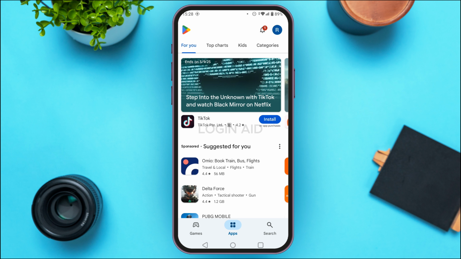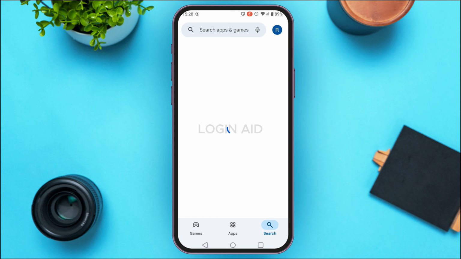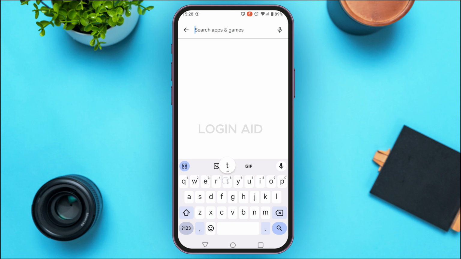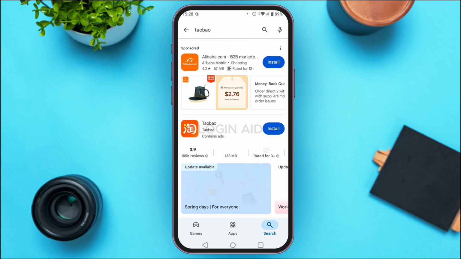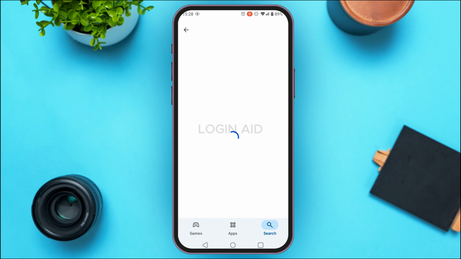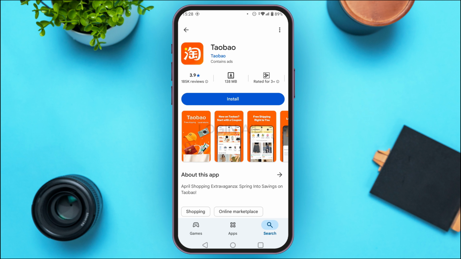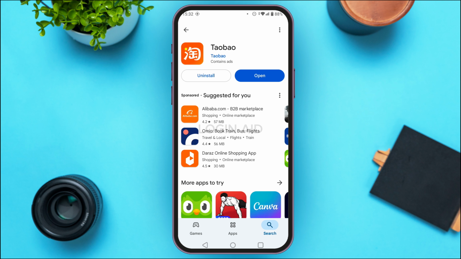Now tap on the search icon that you can see at the bottom right corner of your screen. Now tap on the search bar that you can see at the top. Simply search for Taobao app. Now you'll be able to see the results. You'll be able to find the application for Taobao. Simply tap on it. Now you'll be led to this kind of interface. Tap on the option install. Now after following those steps, you can see over here your problem will be fixed and the Taobao application will be installed. So that is how you fix Taobao app not installing